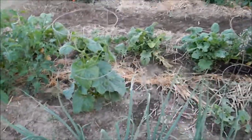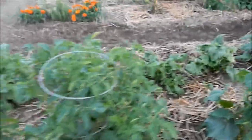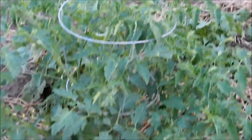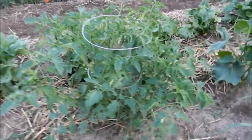All the onions I planted along the outside edge here are getting really big. More cucumber. This is a cherry tomato right here. It's finally growing. It got a bit of a late start, this one, but hopefully we'll get a few. It's a brown cherry tomato, and